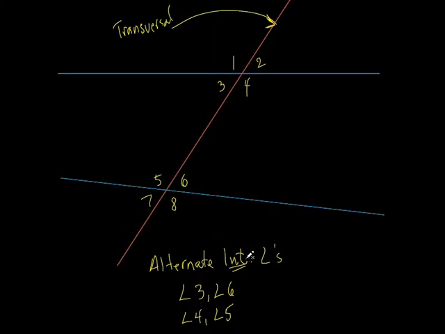Well, they wouldn't be interior, though, would they? Oh, okay. Because 1 is an exterior and 8's an exterior. But that's a good observation, though, because that's exactly what we're going to do right now. And I'm going to shorten this. Instead of writing that whole word alternate, I'm going to put ALT. Is that all right? I wrote it out the first time so you could see the word, but alternate interior